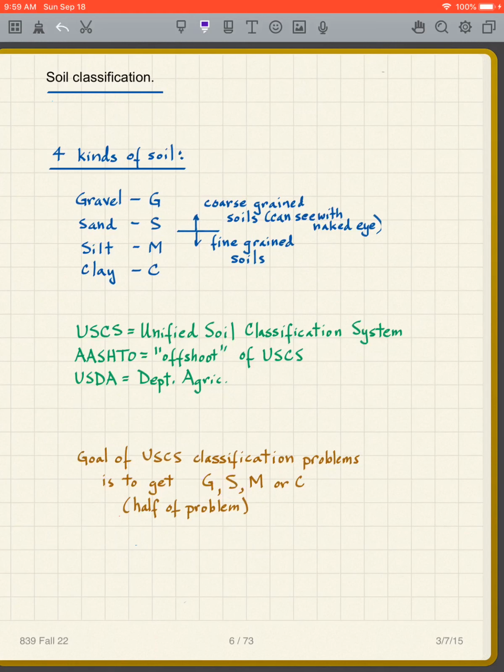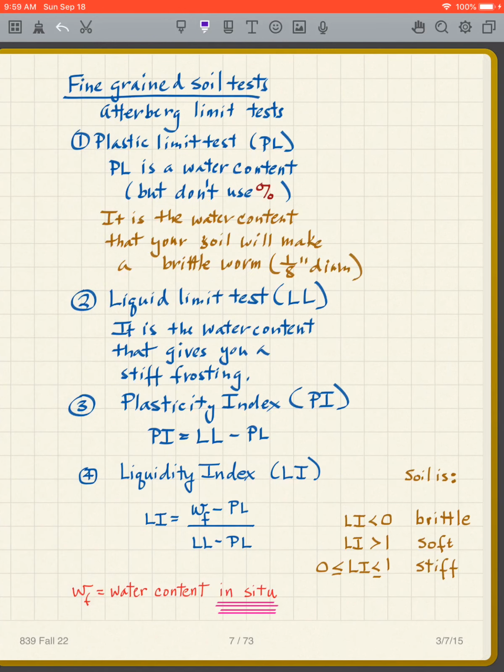And then you need to get the second part of that, that's half the problem. The second part is to get the descriptor of it. Okay, so just to review, the fine-grained soil tests are the Atterberg limit tests, which consist of the plastic limit